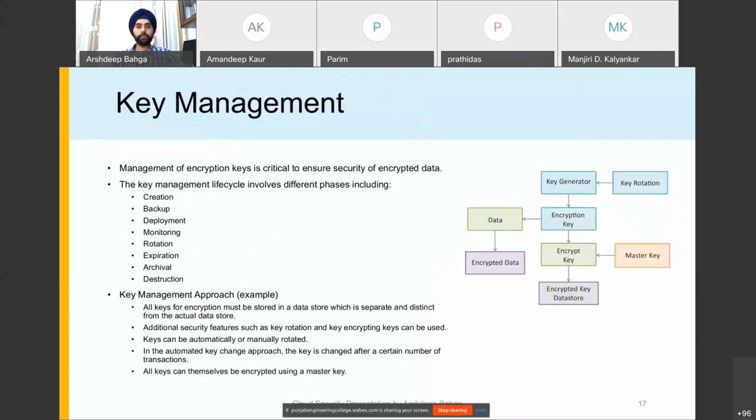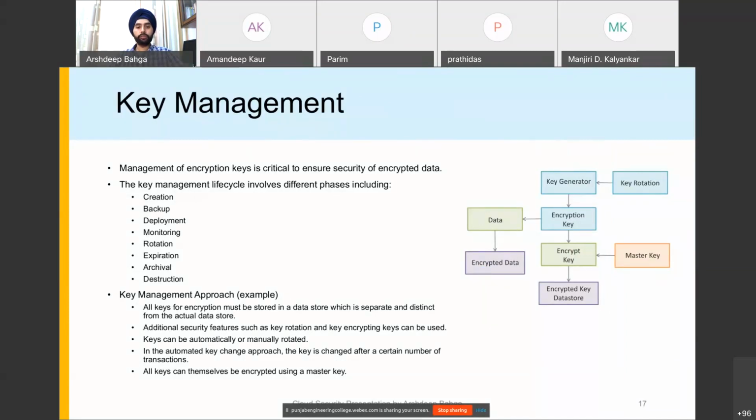Next, we have the area of key management. If you are encrypting your data with different keys, ensuring the proper management of keys is also very important. So, in a key management lifecycle, we have different phases. For example, the creation of a key, backup, deployment, monitoring, rotation, expiry, archival, and destruction of keys.